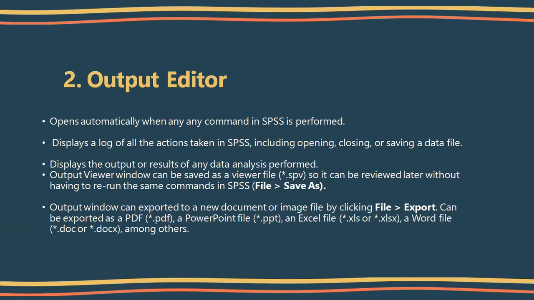Say, for example, you are doing an analysis and you want to know the mean of something, but you calculated that mean an hour back. How do you go back and look at it? Instead of calculating the mean again, you simply go to your output editor because it will have saved that mean. I'll give you a proper view of the output editor in SPSS.